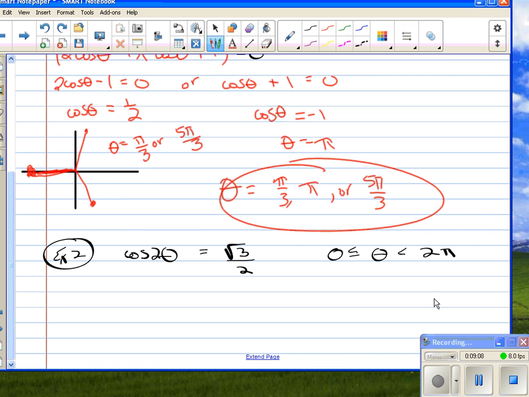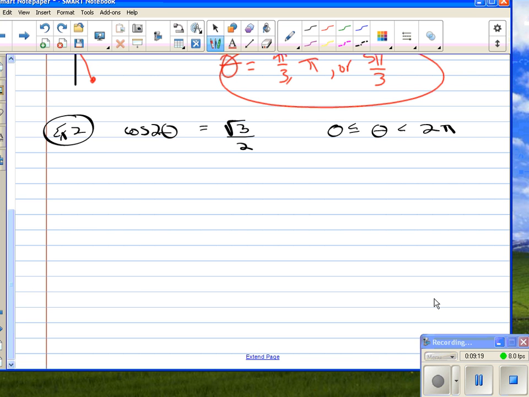Let me tell you what is dangerous to do. If I were you, I want to write this down because I think the way I'm going to show you next will be a little easier. Some of you guys are like, oh, hey, double angle. I have double angle formulas for cosine. In fact, I have 3 to choose from. So let's just use the basic one. It says cosine squared minus sine squared equals cosine of 2 theta. Now, like I said, I would have got this out because I'm going to show you an easier way. Right? Because if I do that,